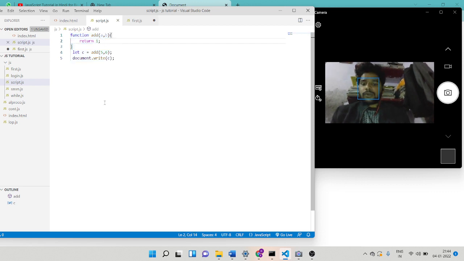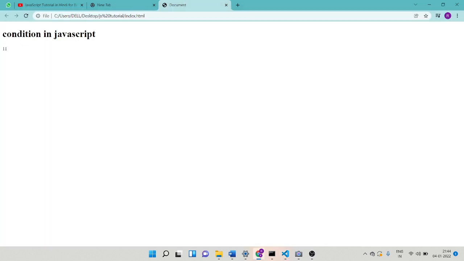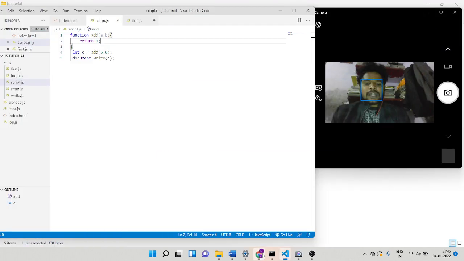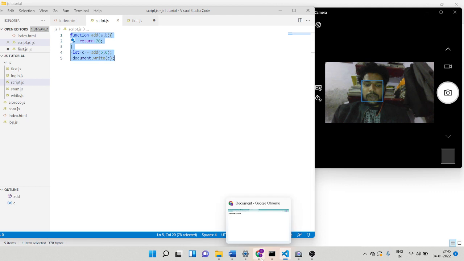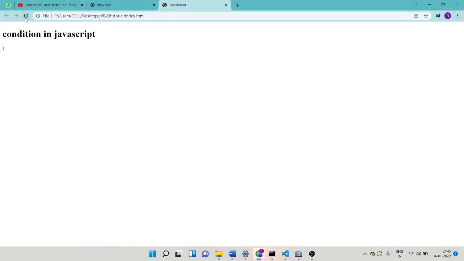Return only gives the value I return, because I'm using the return option. Any number mentioned with return, return provides the same answer. Like I'm mentioning 78, again we save the file and go to the browser, and the answer shown is 78.